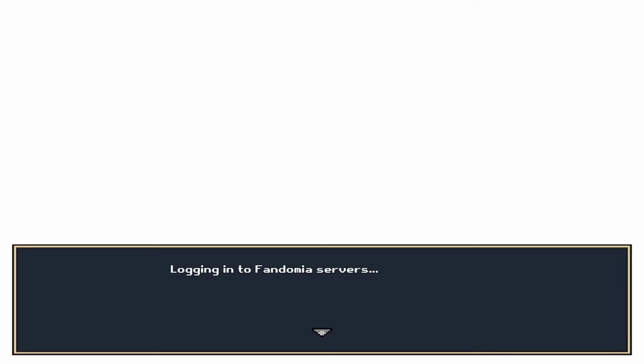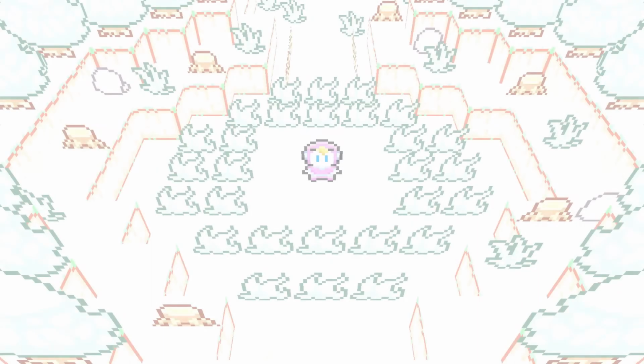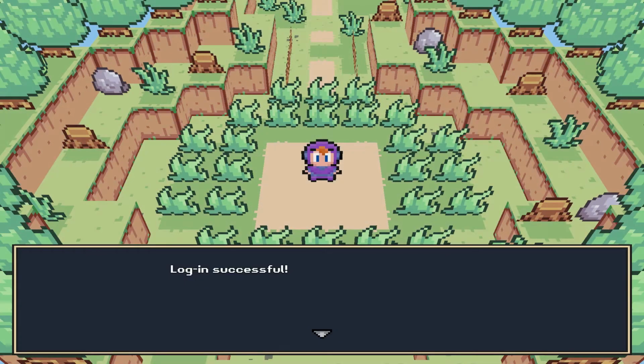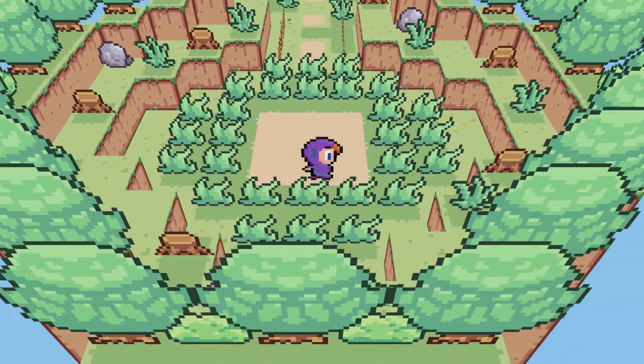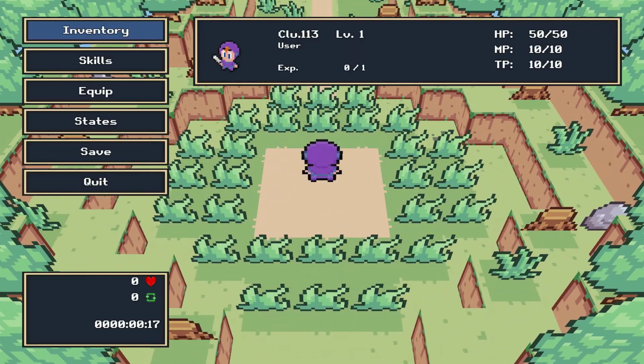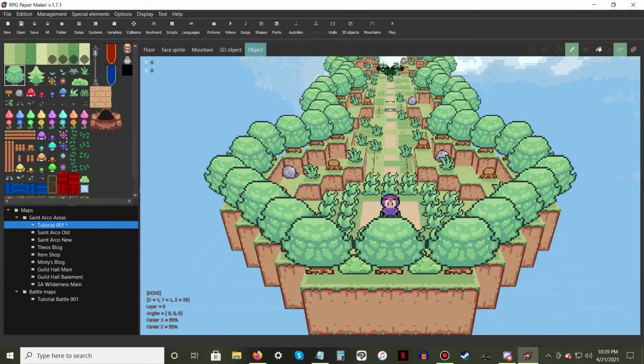Creating cutscenes, or story scenes, can be as simple or complex as you want with RPG Papermaker. For this tutorial, we will go over some basic commands I use for the intro of my game, which is currently a work in progress. If you haven't seen it yet, I'd advise you to pause this video and watch the demo so you can better understand this tutorial. The first thing to understand when creating cutscenes is if the scene is non-interactive, you need